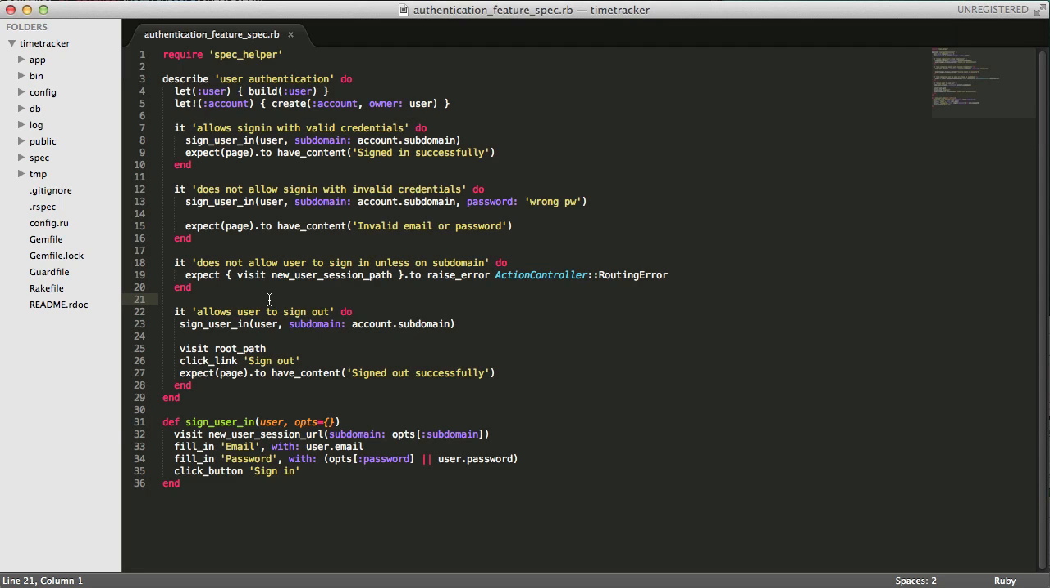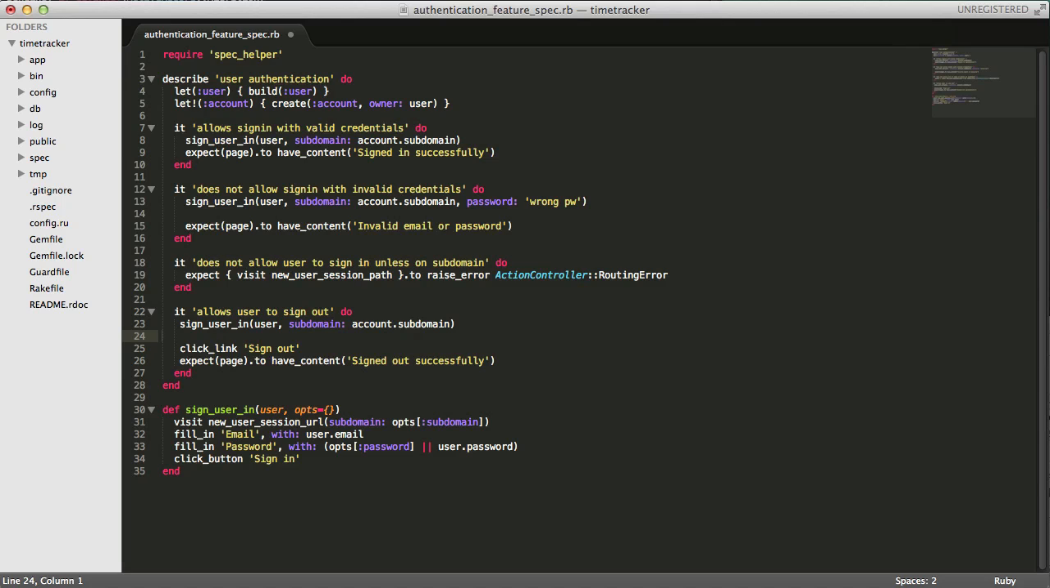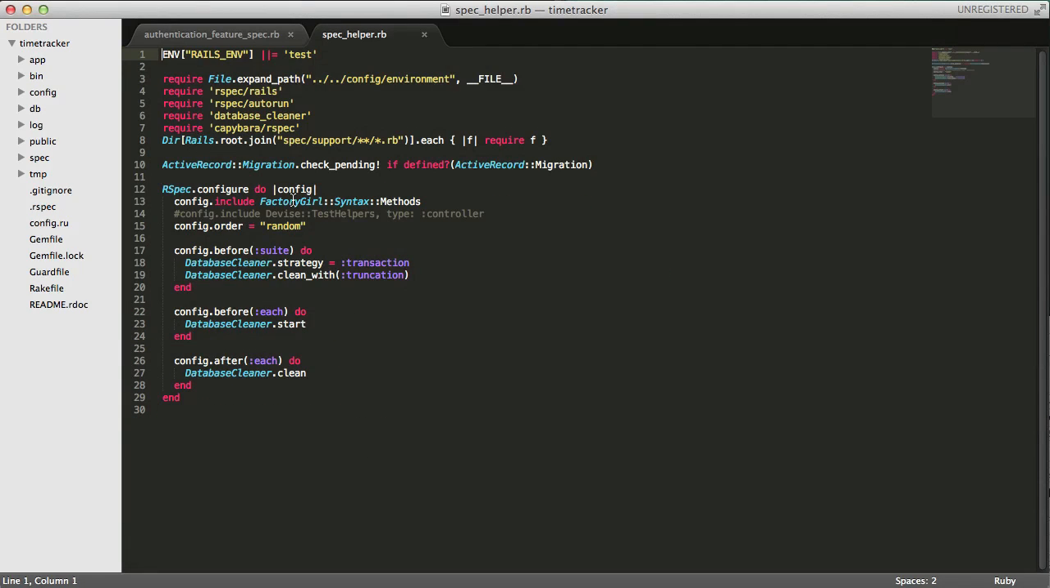The last thing we'll want to do in this file is remove the visit root path here in the sign out spec, because after a user signs in, they should be redirected such that the sign out button will be already visible. Next thing we'll want to do is in our spec helper, we'll want to tell Capybara to use